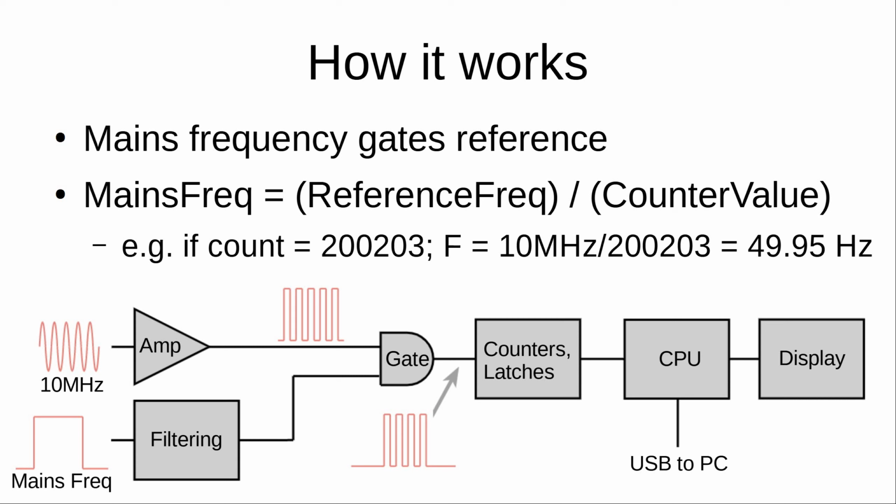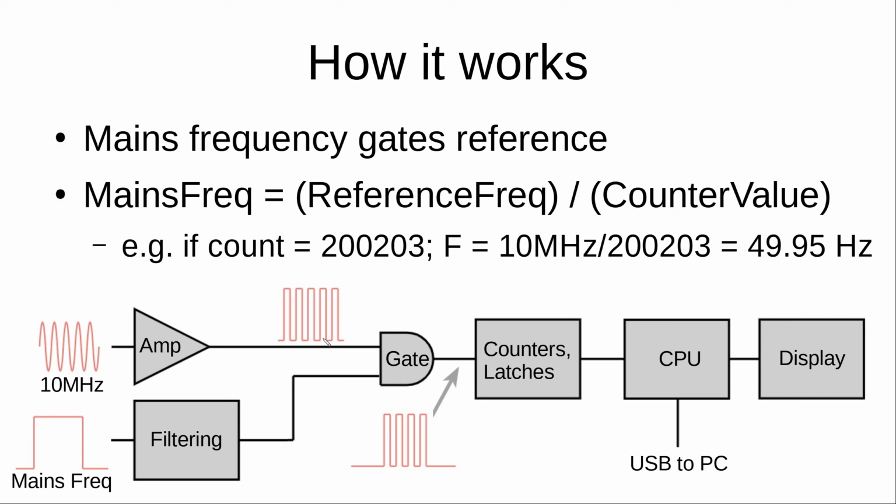So if we look through what's going on here, there's a 10 megahertz reference, which is a known good signal. We're assuming for now it's a perfect 10 megahertz. It comes into some kind of signal conditioning and arrives at an AND gate. And then the mains frequency is latched and filtered, which gives us a pulse every time the mains goes through a zero crossing. And so at the output of this AND gate, well, it's not exactly an AND gate, but